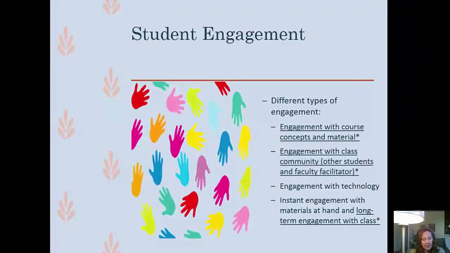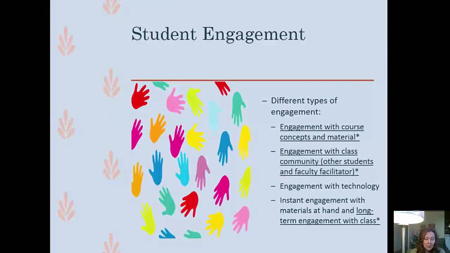Engagement in online class has some similarities with face-to-face classes and some differences. On the one hand, I found that in face-to-face classes, amazing things can happen, and I argue that some excellent knowledge construction can happen in classrooms, where students and faculty facilitators have to be physically present. On the other hand, I've seen some of the best discussion among students in my distance courses, and the great thing about the online format is that everyone has to contribute to course community, even if some students may lead or dominate. That doesn't always happen in face-to-face classes.